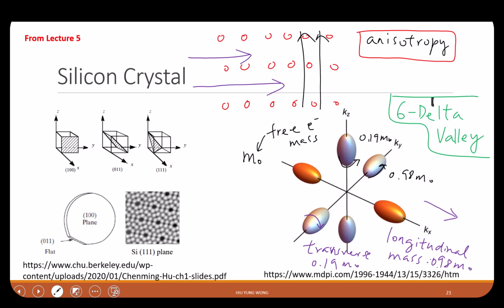For direction, right? Because when we say X, Y, Z, they're talking about 1, 0, 0, 0, 1, 0, and 0, 0, 1. So they are equivalent, right? They are all going up here or here. But I can transport in 45 degrees. Then this is 0, 1, 1, right? That is the direction. Now, what is the surface? Because you are doing a transistor, you have an inversion layer, you have an oxide, the silicon dioxide. That is a surface. So yes, I'm going in this direction, but what is the interface next to me? The interface can